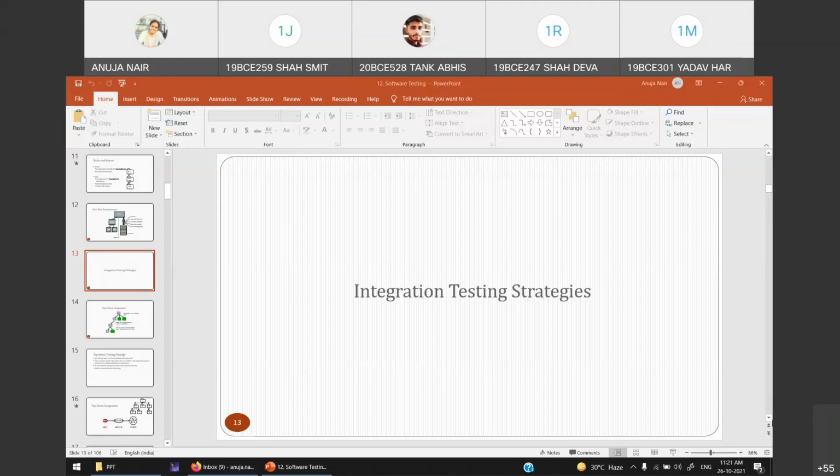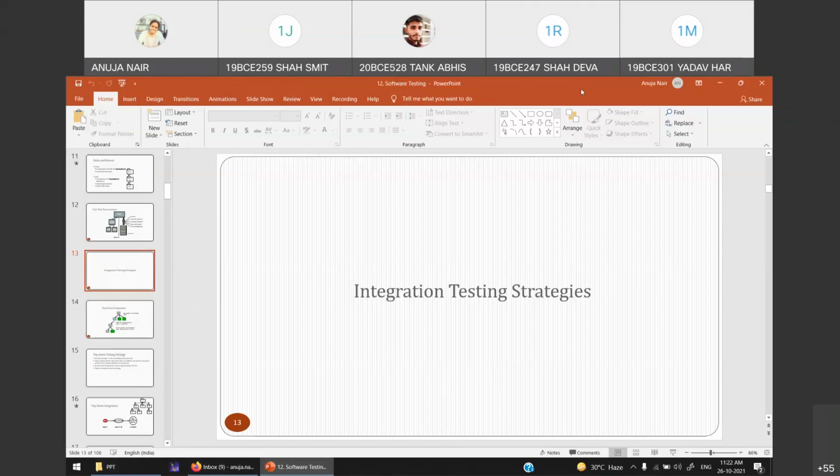That is called unit testing, and we have seen techniques of white box and black box. In white box, we saw basis path testing, graph matrix, and control structure testing. And in black box, we studied equivalence class partitioning and boundary value analysis, right?